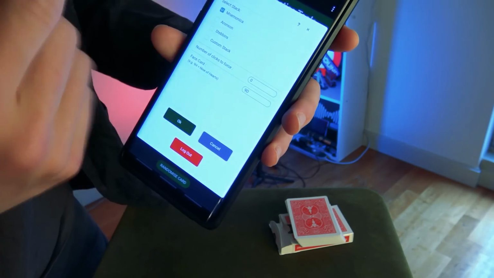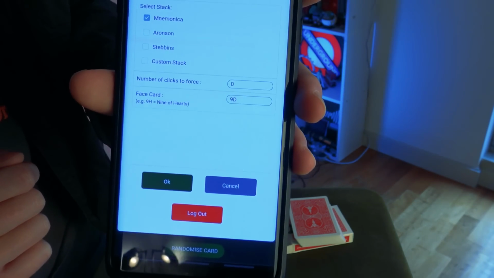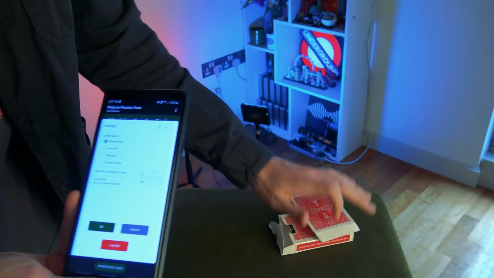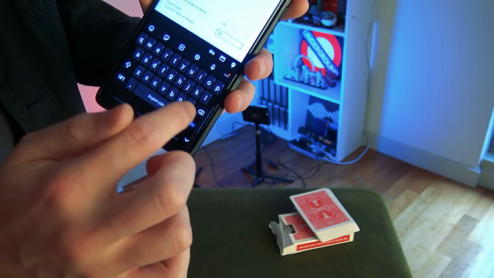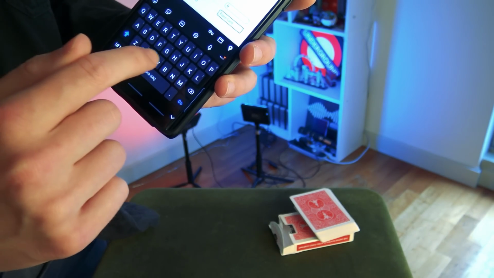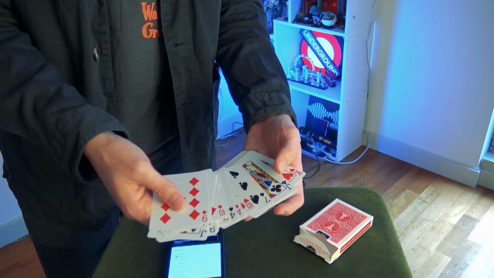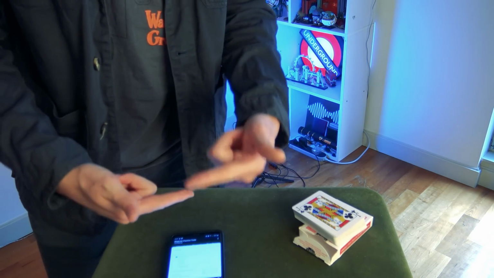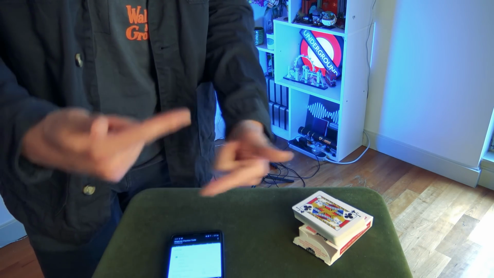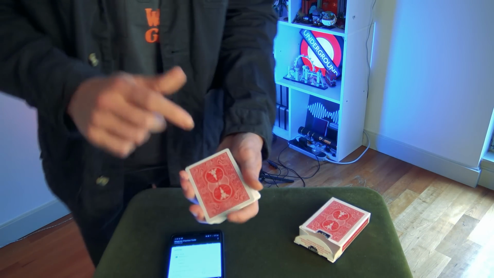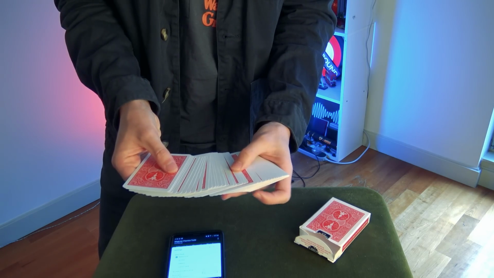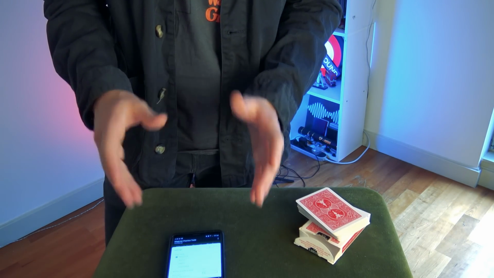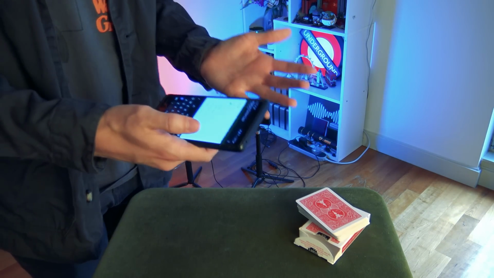And one last thing you can change. If I go back to Mnemonic, which is my preferred one, it says 9 of diamonds is the face card, right? Which it is. Face card, 9 of diamonds, but you can change that in any format. Let's say I wanted Jack of clubs, right? I just enter JC. Now if I cut the deck so that the Jack of clubs is the face card, the entire order in the app, the entire stack is now reset so that the ACAAN will still work with this order. So you can change the face card, the any card at any number will still happen in the same way. There are so many customizations.